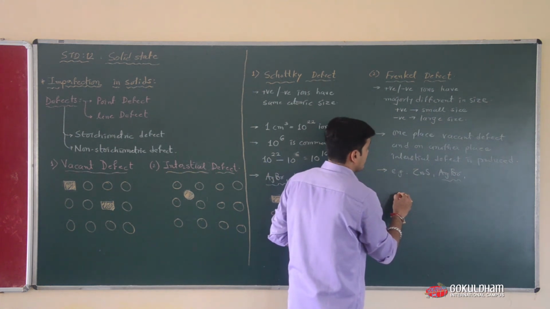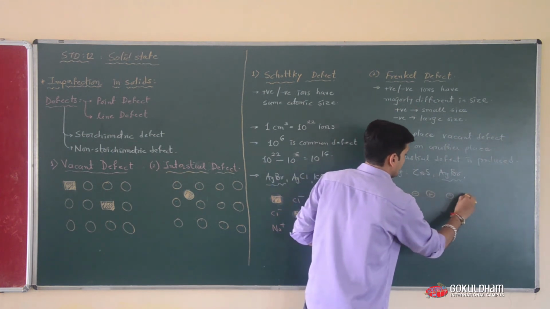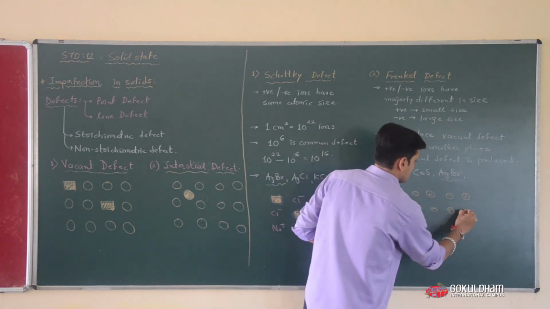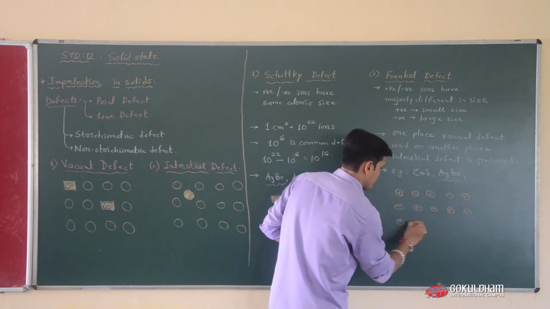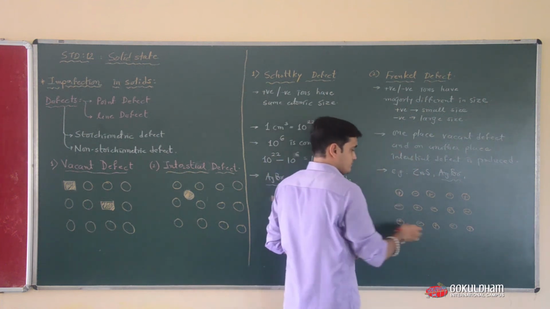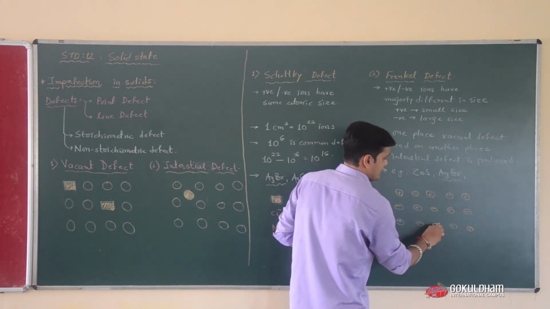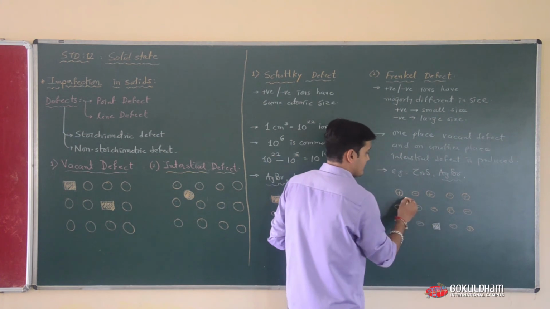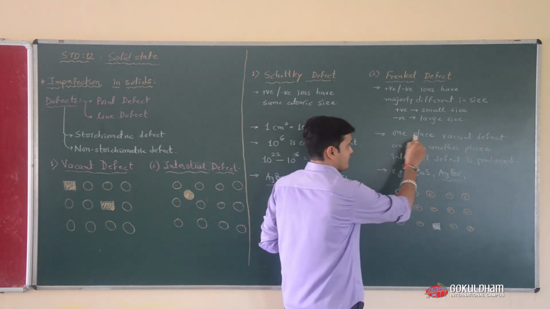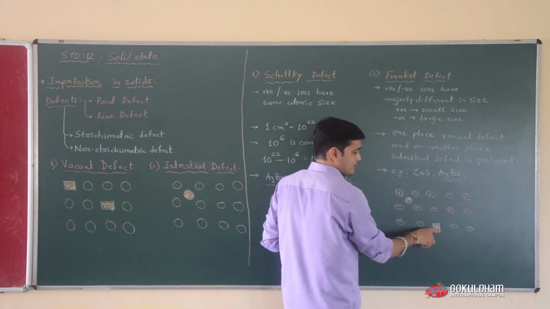In Frankel defect, the positive and negative ions are arranged like this. This positive ion is traveling through this solid and arranged in an interstitial site over here. So at one place a vacant defect is generated from where the positive ion has traveled, so one vacancy is there,